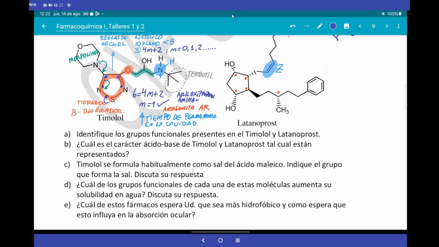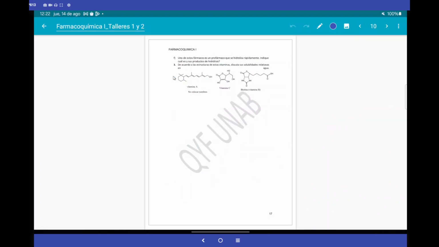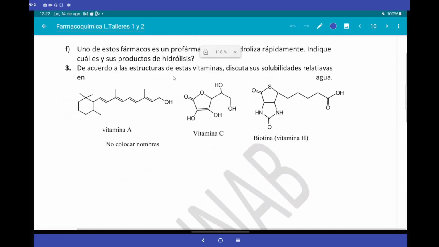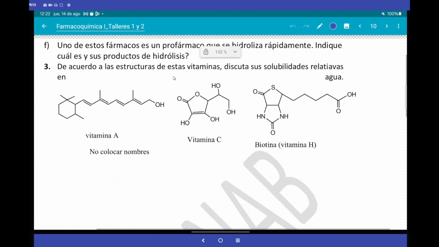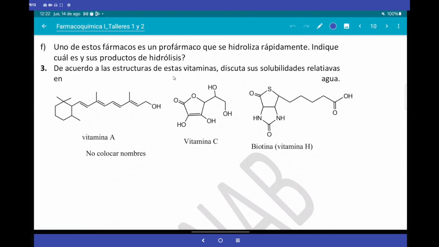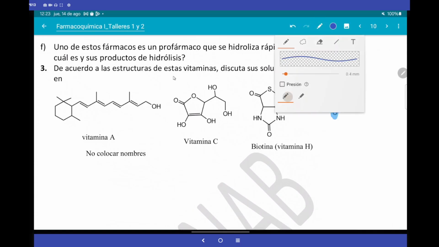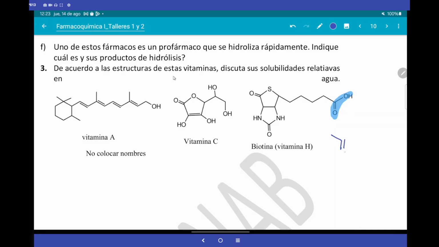Well, that would already be implicit here: in the first one, a salt on the amino group. Very well, and with this we finish for today. Here again, basically the same, we have the vitamin C and the biotin. Question: identify in some one of them an acid group. An acid group means a group that can release a proton. Very well, in the biotin that group can release a proton, and at physiological pH we are going to have a balance, so that is an acid group.